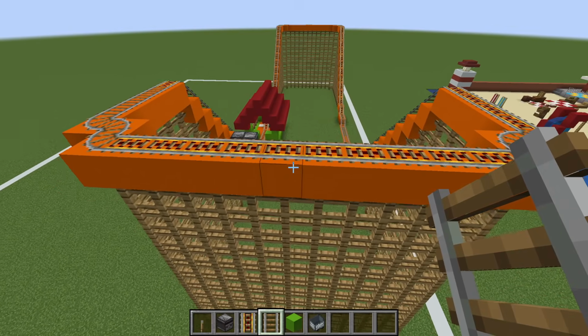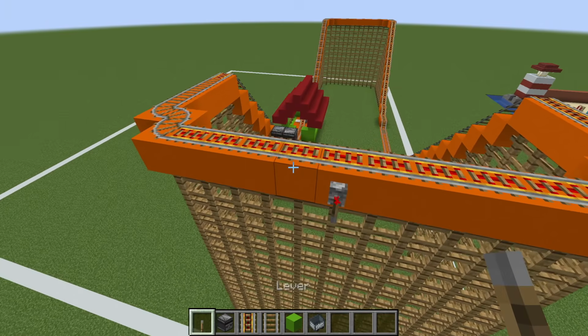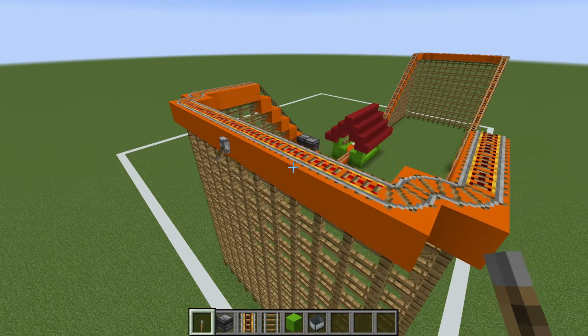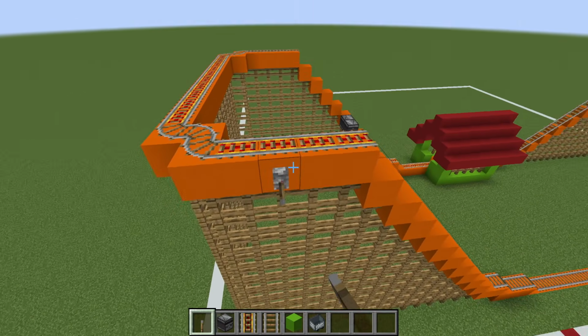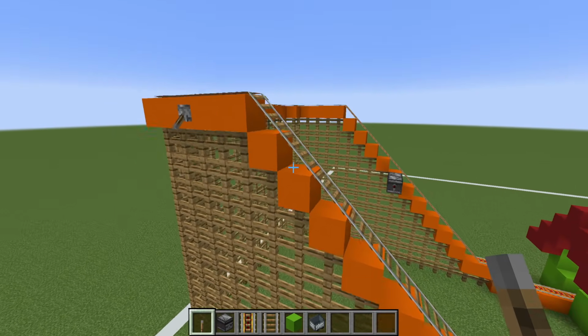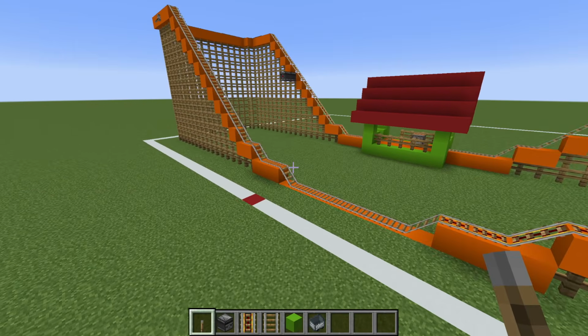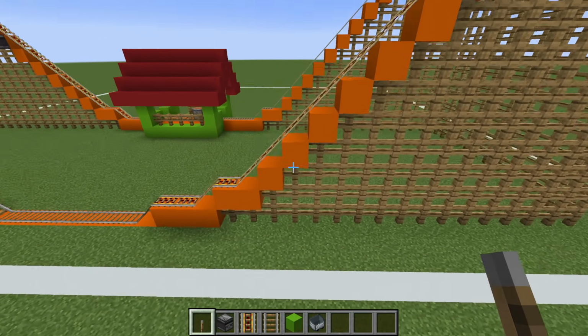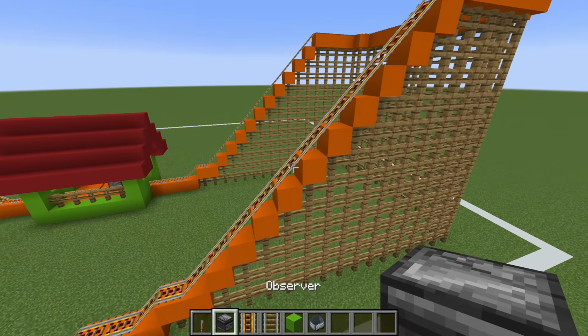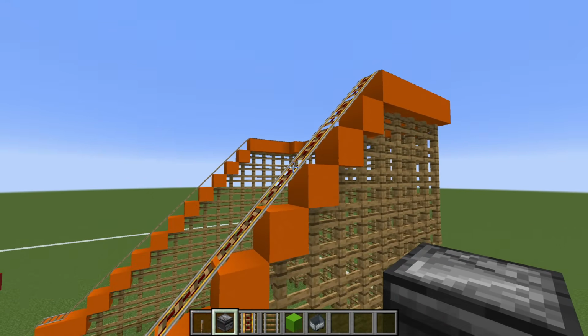and then I think that we are just going to launch off from these powered rails here. So I'm going to power those with a lever, here as well, and then momentum will take us all the way down this drop here, which is the fun part of the roller coaster, and then we once again can have a slow climb up this portion of the